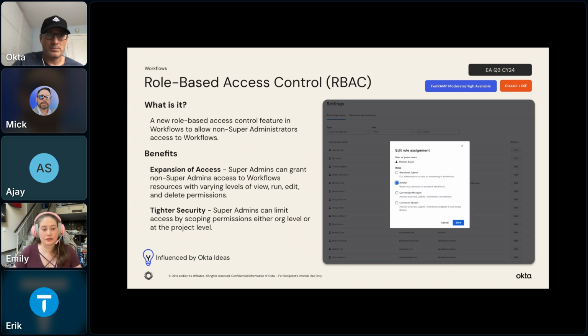So you'll be able to really decide who can see what folders, who can see what flows, who can do stuff with different connections. And this is all for making your lives easier so that everyone who uses workflows doesn't have to be a super admin.